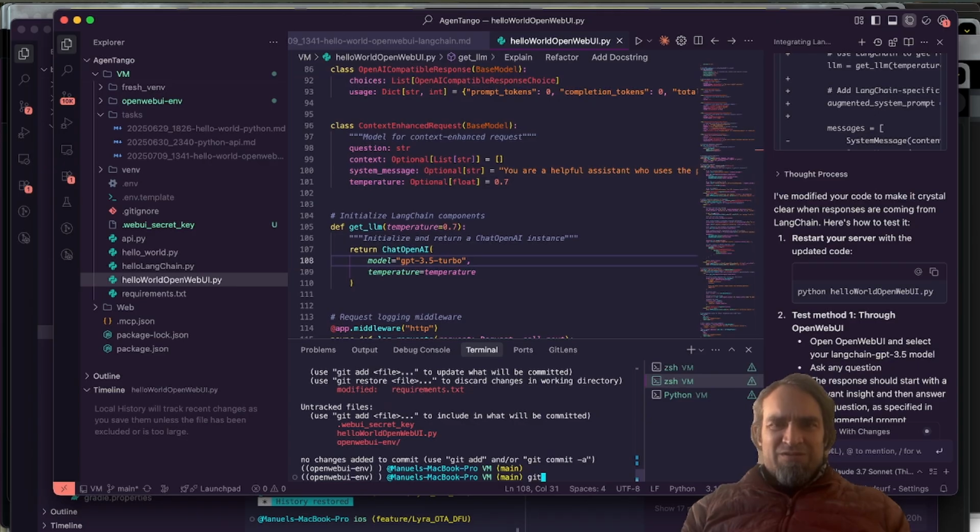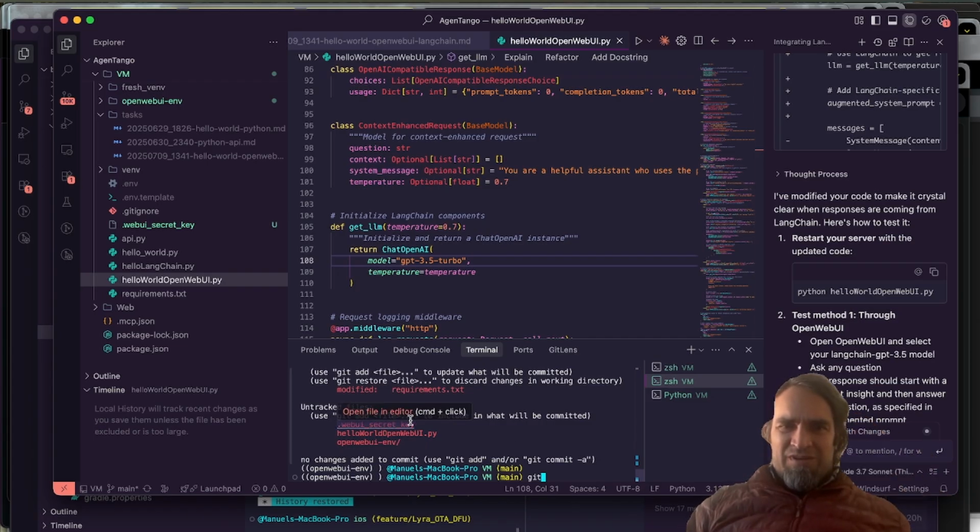Okay, so we're going to say, oh, an OpenWebUI environment and the key,